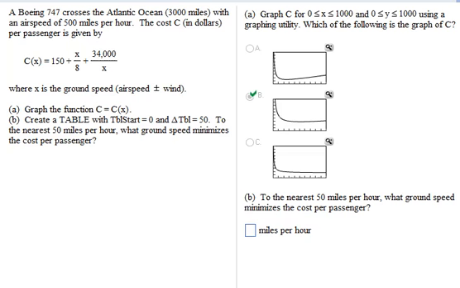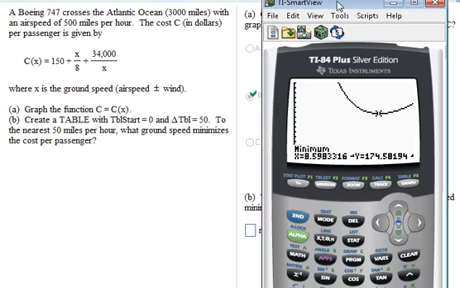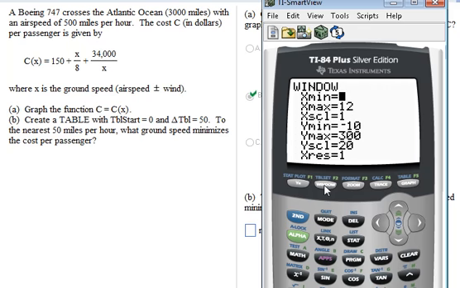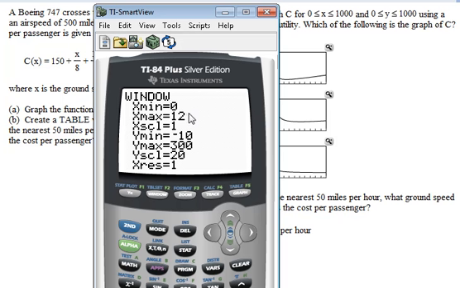So if you go to your calculator here, and you come in here to y equals, and then we'll clear this out. Let's see, we want to do 150 plus x divided by 8 plus 34,000 divided by x. And then we'll go to window, and then we'll use the scale that they have given us, which was kind of nice. So from 0 to 1,000,